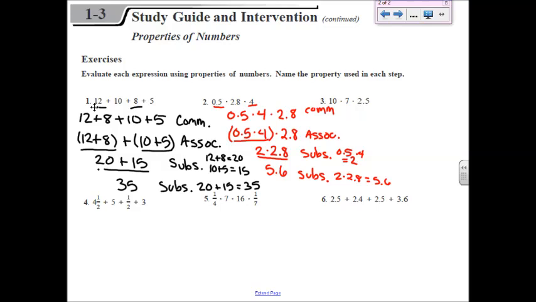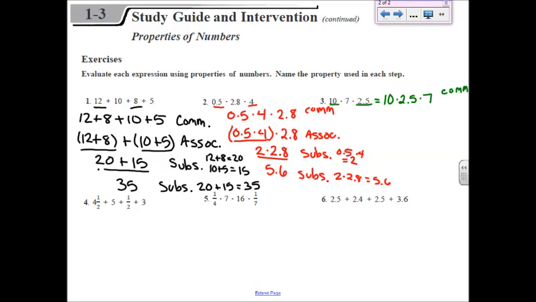In number 3, I see a decimal, and I really don't like working with decimals, so I'm going to see if there's a way to get rid of it. And I know that if I multiply a decimal like 2.5 times 10, what's going to end up happening is moving that decimal point out, so it'll be 25. So I'm going to change that into 10 times 2.5 times 7. And that's by the commutative property,